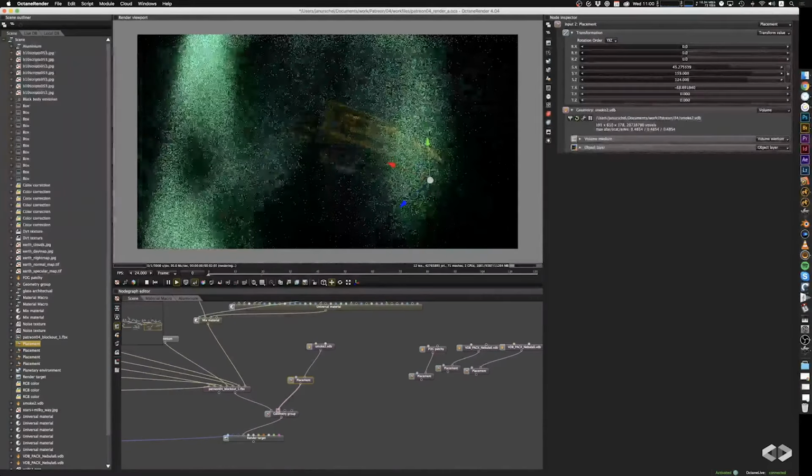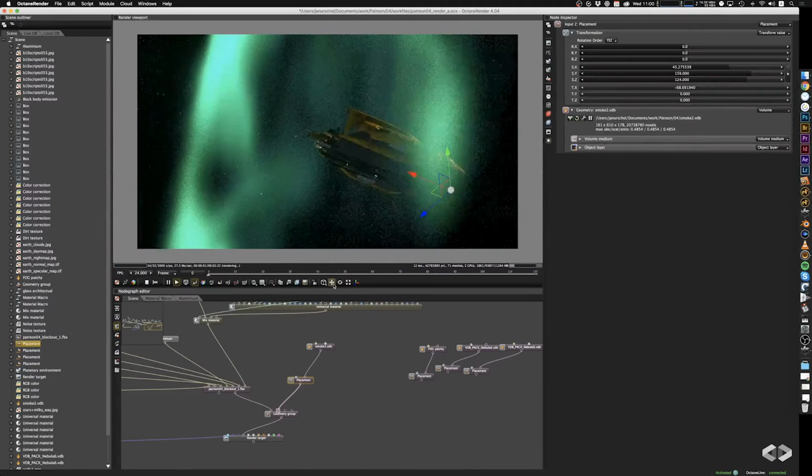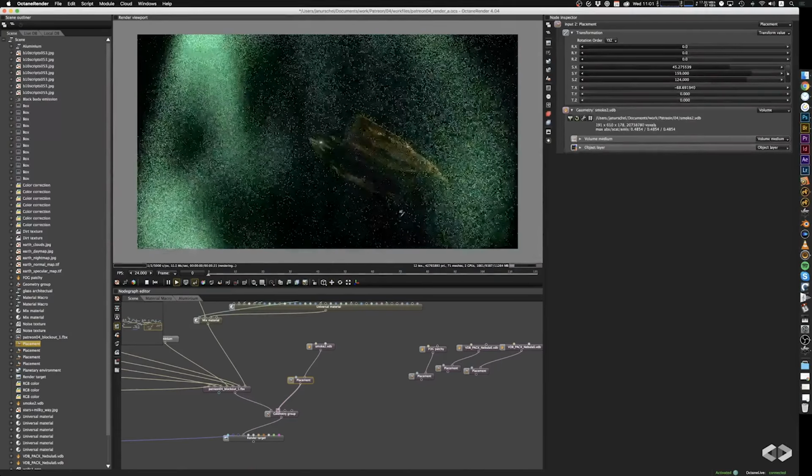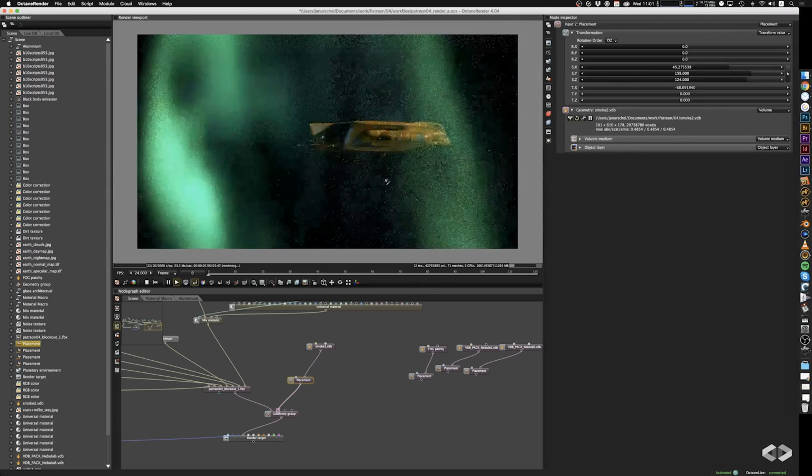So it really looks like the ship is flying through the nebula, which is exactly what I want. Partially it obscures it in front, so it really gets the feeling of being in the middle of some kind of thick cloud of whatever,